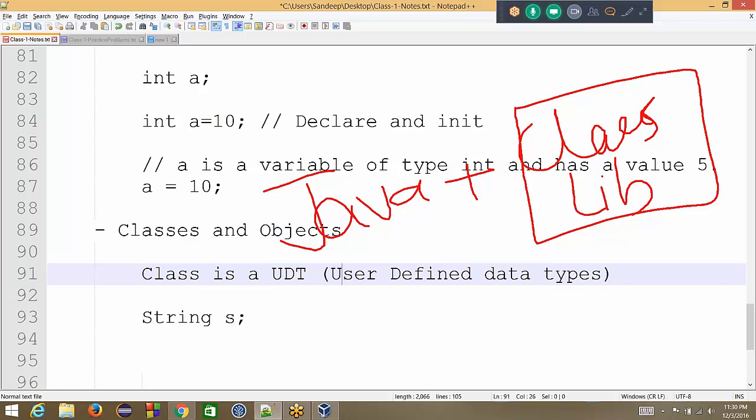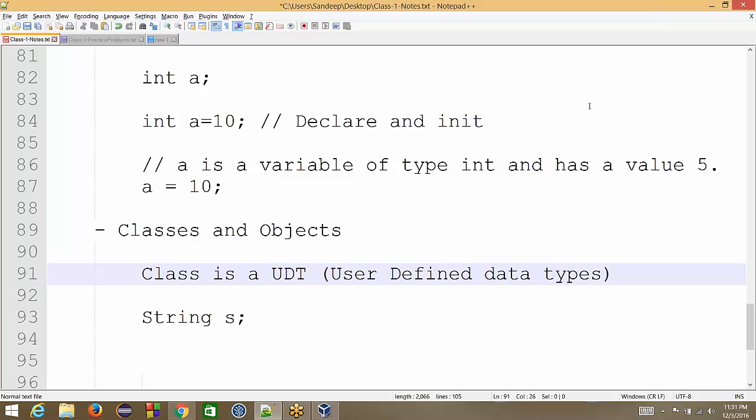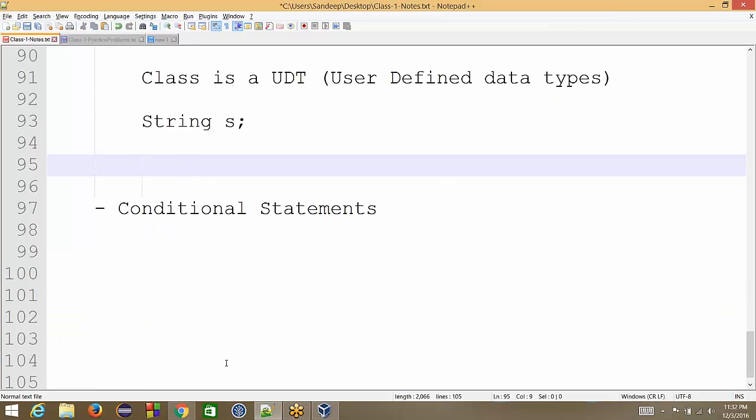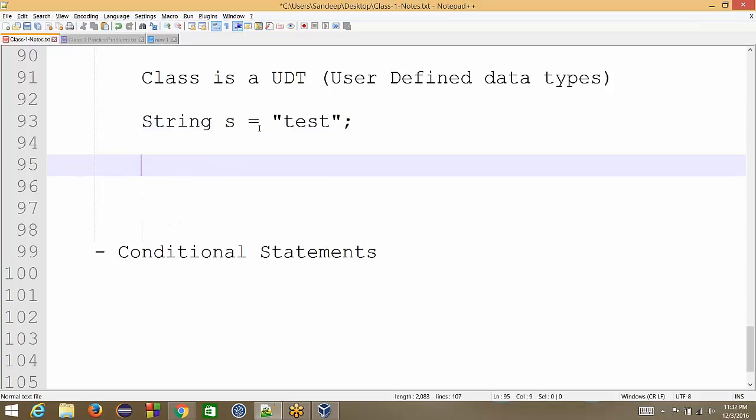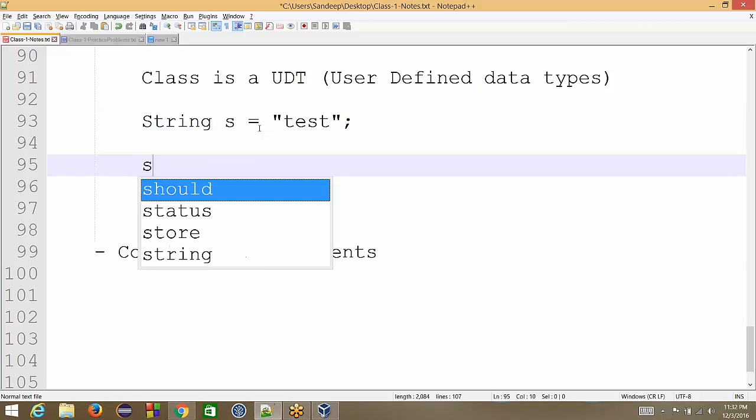Yeah, no issues. Fine. Now one more difference which is very, very important is that with primitive data types, with inbuilt data types, we use operators. Like two integers are there, we can add them, we can subtract them. But with objects, typically what we do is we use functions. So if string is there, I want to know how many characters are there in the string. So let's say if string was test. How many characters are there in test? 4. If I want to know how many characters are there in the string, we typically call a function.